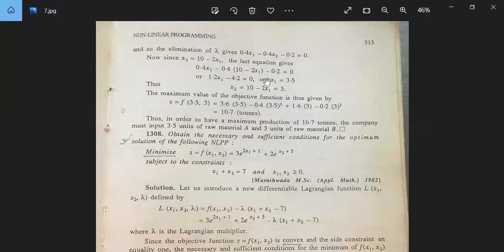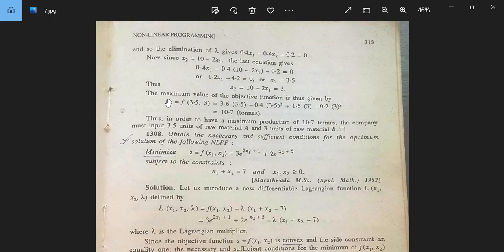this is equal to 0, and x1 will be 4.2 by 1.2, so it is 3.5. Now if x1 is 3.5, then x2 will come from here: 10 minus 2 into x1, so 10 minus 2 into 3.5 means 10 minus 7, which is equal to 3. So x1 is 3.5 and x2 is 3, and the maximum value of